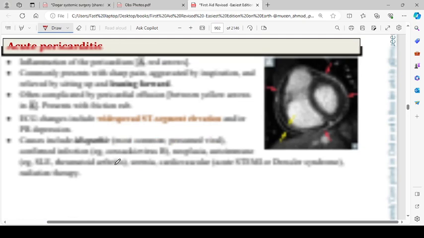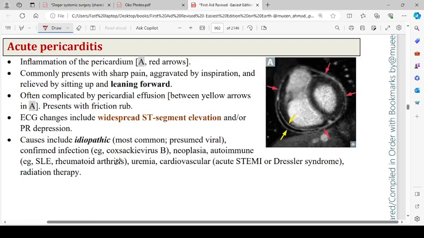Then we have acute pericarditis. As the name indicates, it is the inflammation of the pericardium. So this is the inflammation of pericardium as indicated by the red arrows. Commonly present with sharp pain aggravated by inspiration and relieved by sitting up and leaning forward, often accompanied by the pericardial effusion